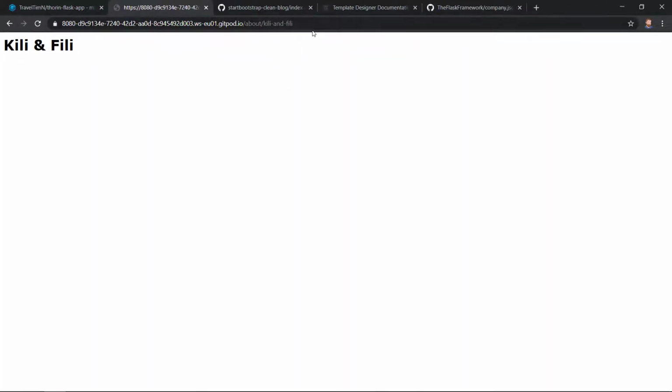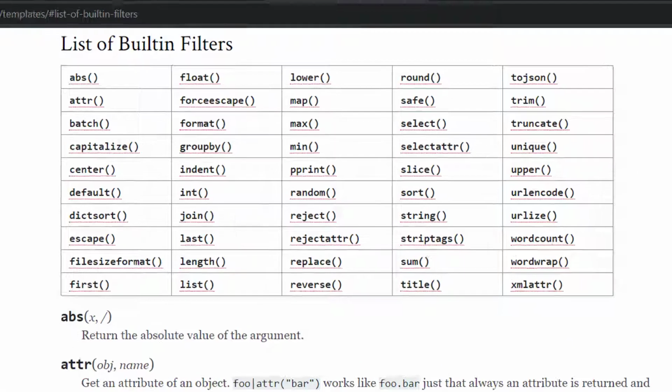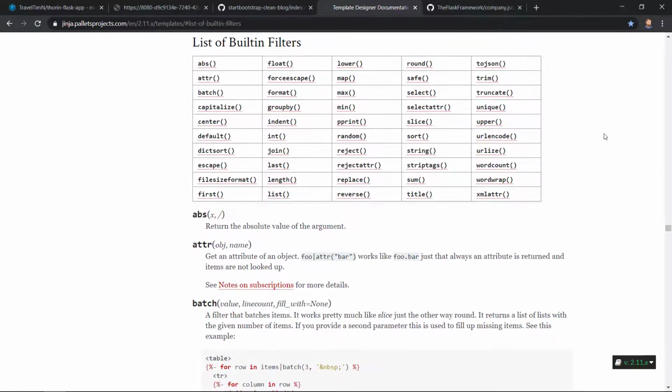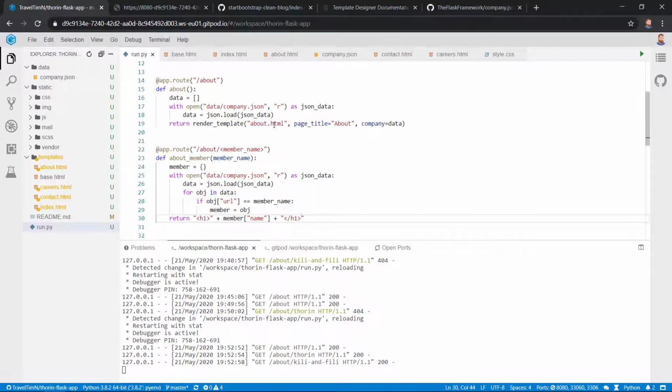When we looked at the Jinja built-in filters on a previous video, two of the filters we could have used are replace and lower. We could have just used member.name in our href links, but added the lower filter to make everything lowercase and the replace filter to convert any spaces to minus symbols, for example. We are not going to use this particular method on this project, but I would like to quickly demonstrate what